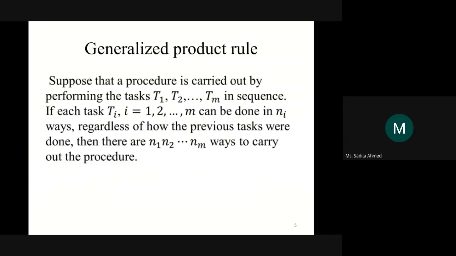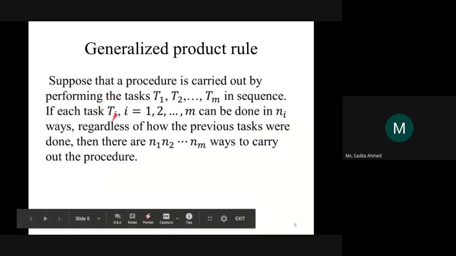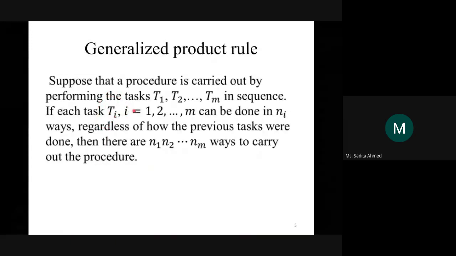And each of these tasks is represented by Ti, where i represents the index, which is a positive integer that can have any value from 1 to m. So for each of these tasks, if each of these tasks can be done in any one of ni ways,